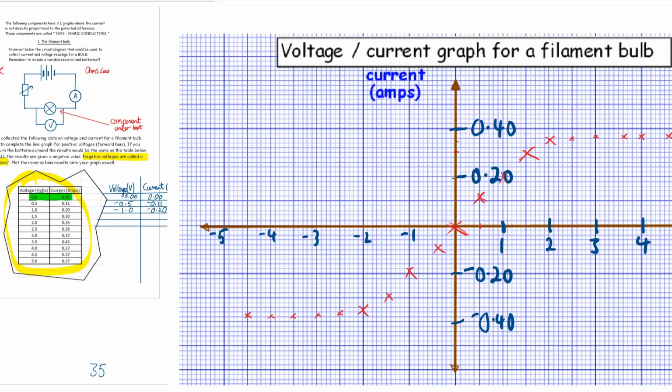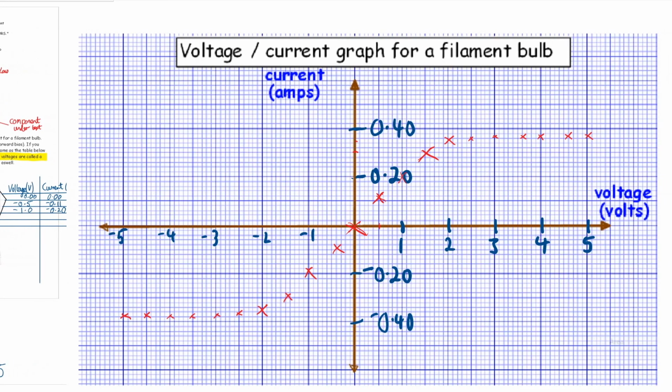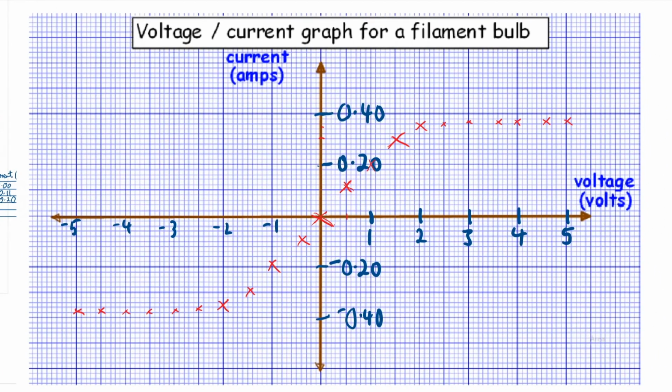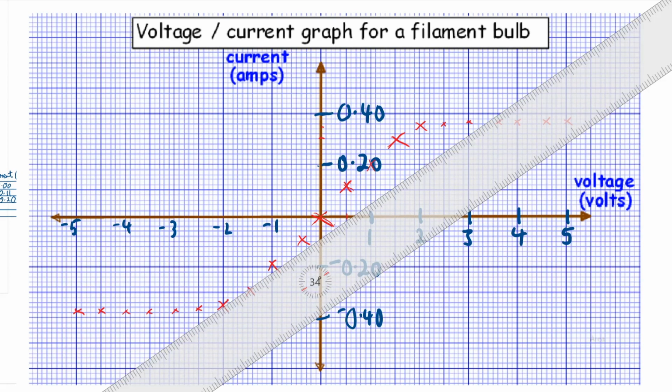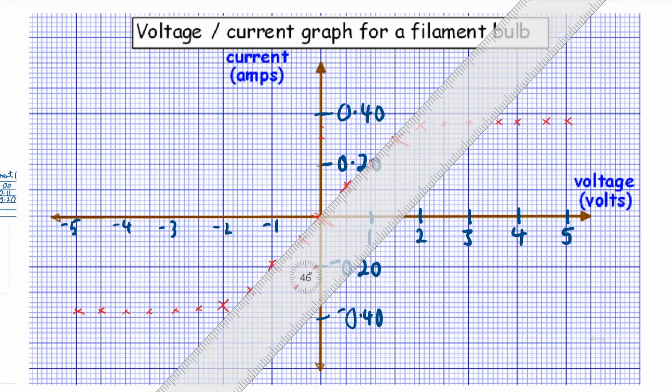again. And the last point, minus 5 and minus 0.37. Now you should have a graph then that looks like that. It's more difficult to plot this graph because it's a curved graph. You do have a linear relationship, look, at low voltages here,